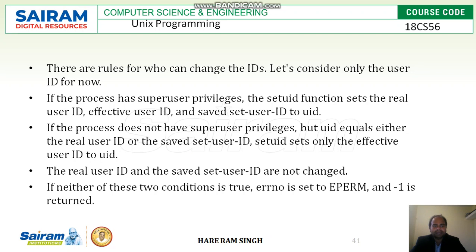There are rules for who can change the IDs. Let's consider only the user ID for now. If the process has super user privilege, super user meaning root, then the setuid function sets the real user ID, effective user ID, and saved set user ID to uid. If the process does not have the super user privilege,